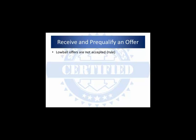Now, again, some of the people, not many, but I would say probably 10 or 15 people on the seminar today are short sale processing centers or process for investors, okay? So that being the case, they're going to get lowball offers because the investors want to pay as little as possible. I understand that. Maybe they're the investor, and some people on the phone are investors, and they're trying to negotiate their own short sale. That's fine. Lowball offers are generally not accepted. That's the rule. However, have we ever got them done? Of course. Of course we have. Okay? But as a rule, now what I'm talking about is if you're the real estate agent, okay,